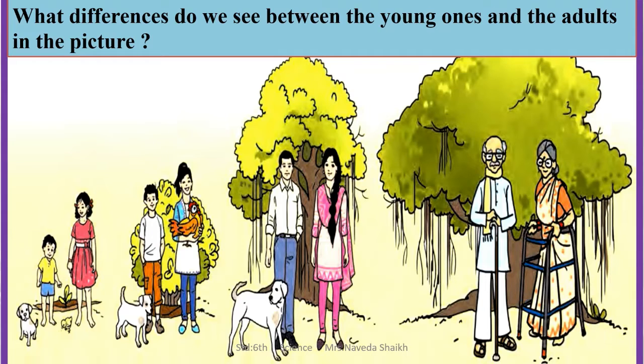Okay, they must have planted that. So over a few years, they grow into a girl and a boy. And you can see that there is an increase in their height also. Their weight also has increased. Similarly, the tree, the hen, and the dog have also started to grow.